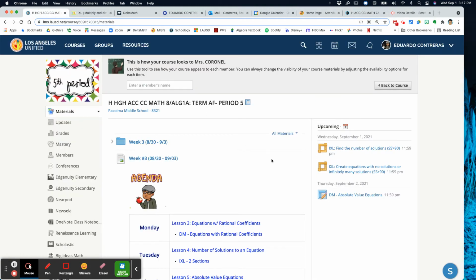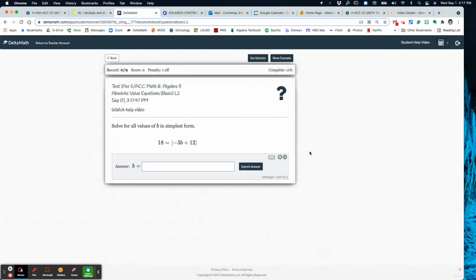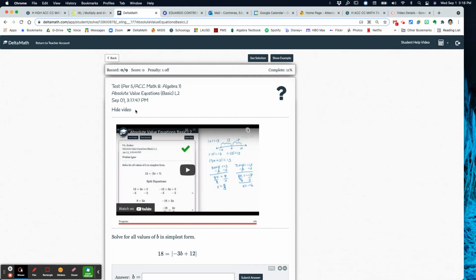The other workhorse we have is Delta Math. So let me show you what Delta Math looks like. For your child, it would look like this, and these are the topics we're covering, absolute values. So here is a question asking them to solve this absolute value equation. And if they're ever stuck, if they're ever not sure, there is video support here as well. We pay the extra money so that we can have all these extra features on Delta Math for them. So all they have to do is click on the video, and there's